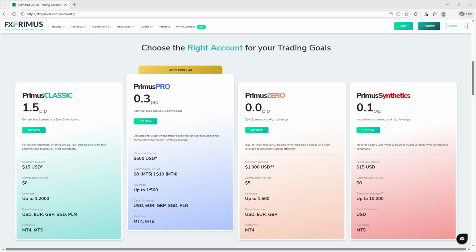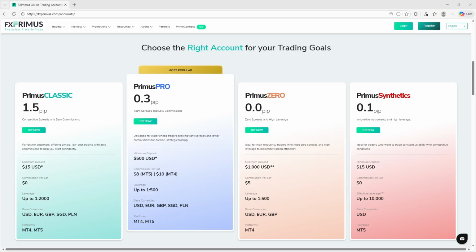exposure. The Pro account tightens spreads significantly, often around sub-pip levels, but introduces a fixed commission per lot depending on platform choice. This pricing structure targets experienced traders who want more predictable execution costs and tighter bid-ask pricing for intraday or swing trading. The Zero account pushes spreads down to zero on major instruments, but offsets that with a per-lot